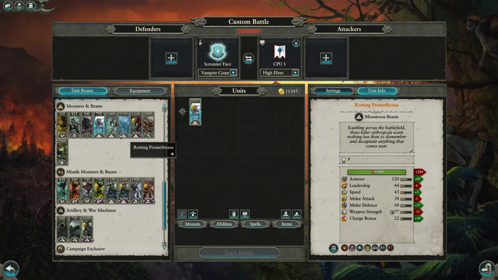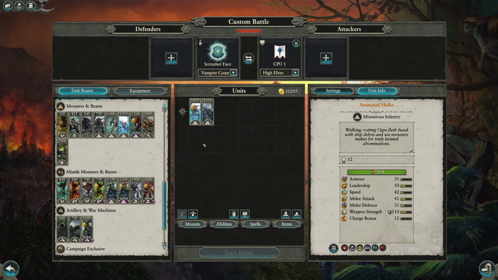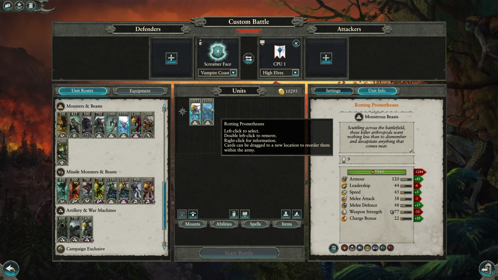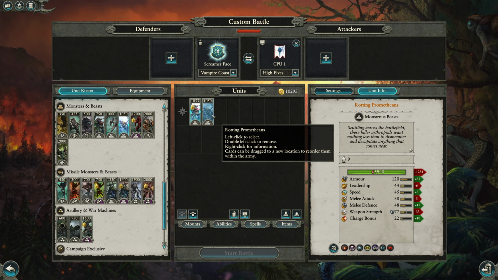But it is more than the 1050, just barely, of a Rotting Promethean. Let's compare them, since they're basically the same cost. So the Promethean has just less HP overall, which is one pretty big consideration. There's 3 less models and 1,200 less HP. So that 120 extra armor, yes, in some situations that will make the Prometheans functionally more tanky, but it's